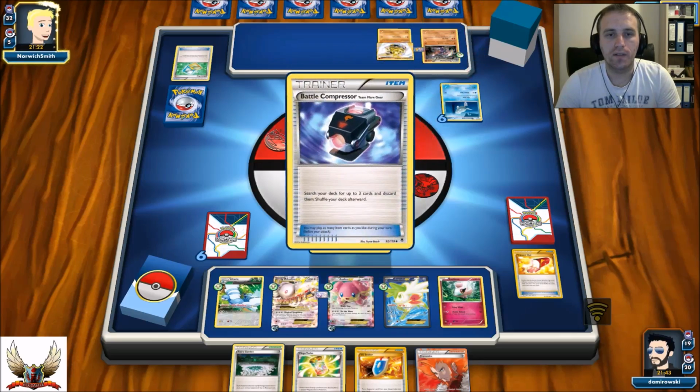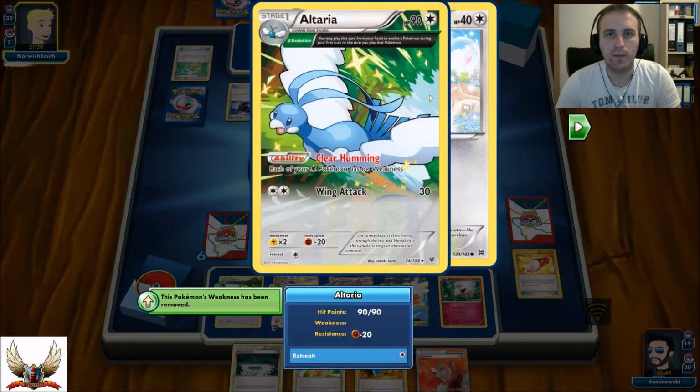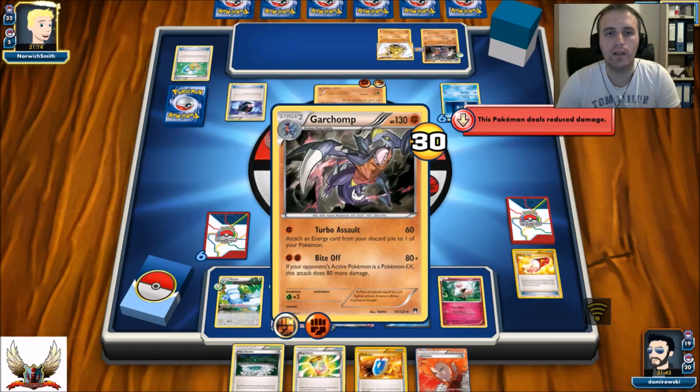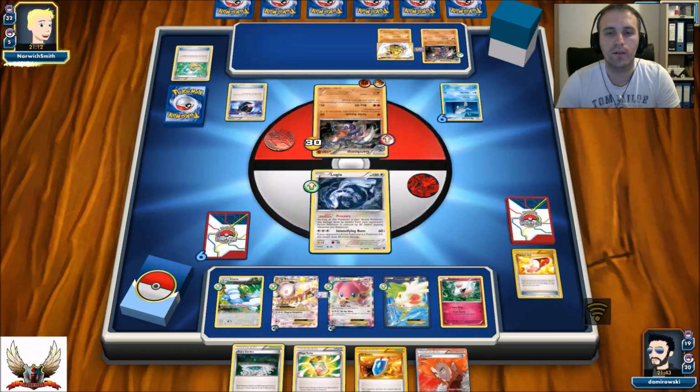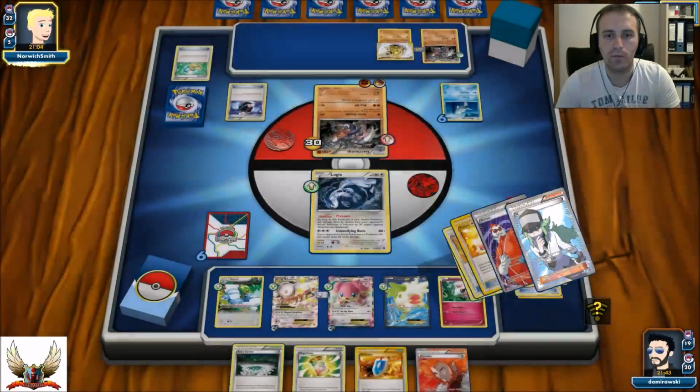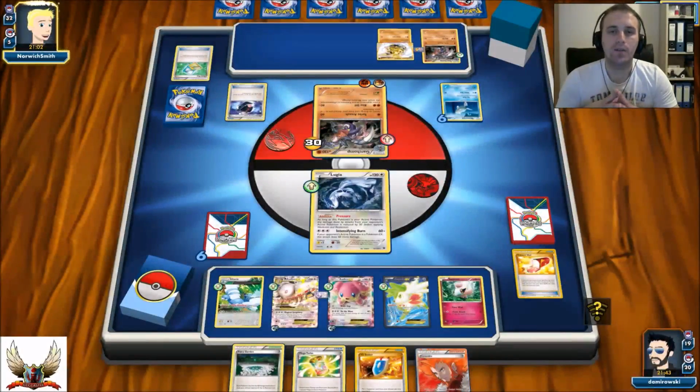The good thing is that it's hard to knock out even Altaria because it's 90 HP and it has resistance minus 20 onto the Fighting Pokemon, so this Garchomp cannot one-hit knock out my Altaria, which is definitely very good. Again, for the next turn I have that Fairy Garden and Spritzee, so I can also go with my Vs Seeker for Professor Sycamore, and I can actually hit that